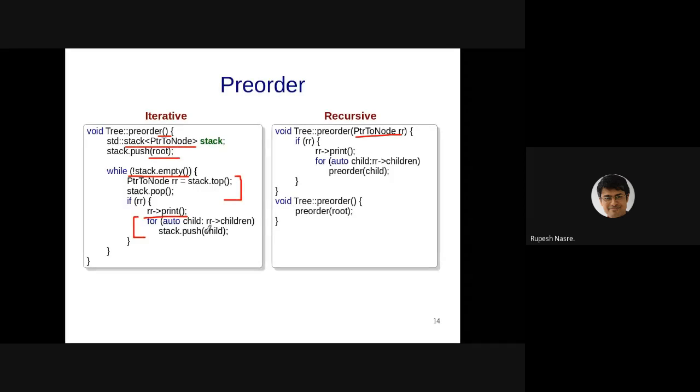Now, in the same order requires me to push. Earlier we were doing pre-order of the child. Now I need to push that child into the stack. Let's see if something else happens in this case. So there is a small difference in the way the two, recursive and iterative methods, work. But otherwise, this part more or less remains the same. Except for this pushing of the element into the stack versus calling of pre-order, there is a difference, but otherwise the main code remains the same.